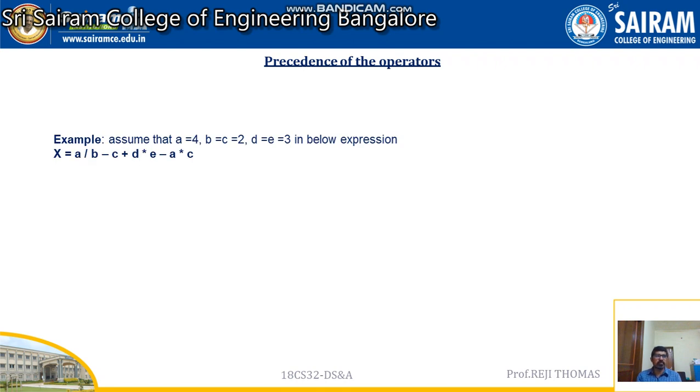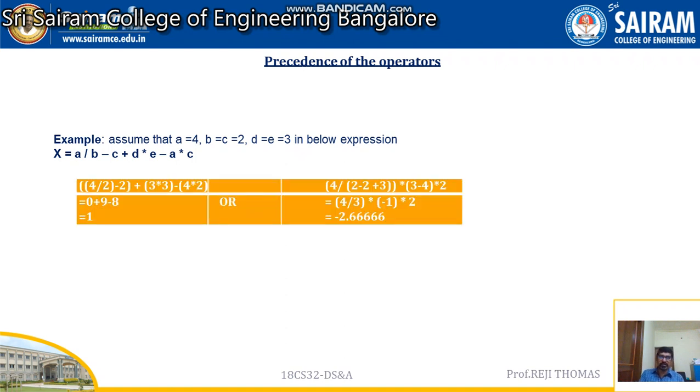Before we see what we can do with this, one thing you should keep in mind: we have something called precedence of the operators. Precedence is nothing but priorities. In PU we have studied the BODMAS rule. If you have different operators, which operator should get the first priority? If it is plus and minus, which one should I do first? If there is a star and a division operator, which one should I do first? Everything your BODMAS rule says. In the same way, here also you should take care of the precedence of the operators and look at the expression.